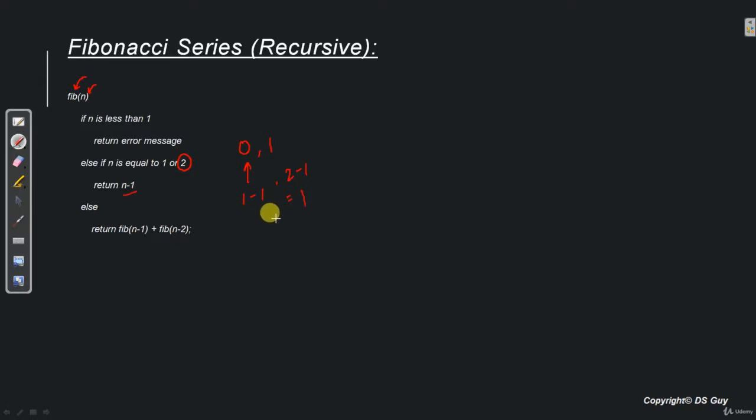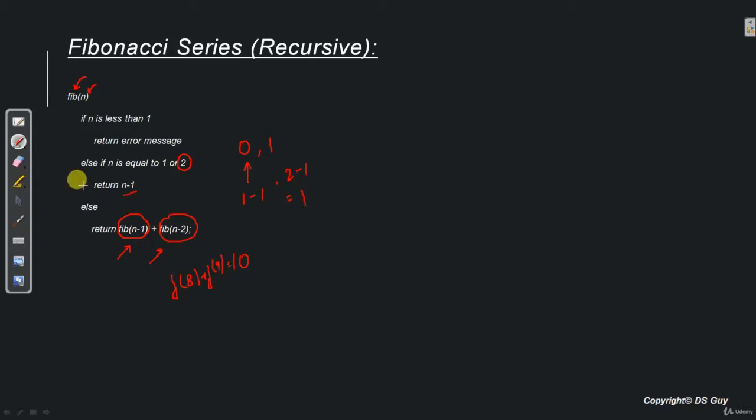Now if we want to find out the third and anything more than 3, in that case we are doing a recursive call. And what is there in the recursive call? It simply says that take the Fibonacci of the previous numbers and add both of them. So let's say if we want to find out the 10th number in the Fibonacci series, this recursive call says find out Fibonacci number 8 and Fibonacci number 9, and that will give us Fibonacci number 10. Fine.